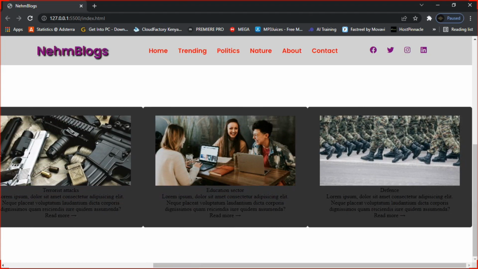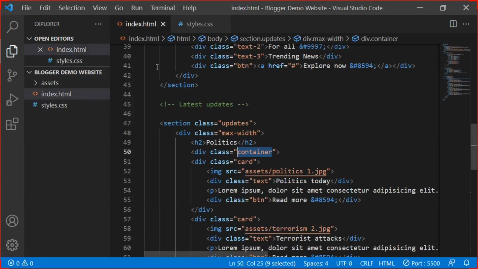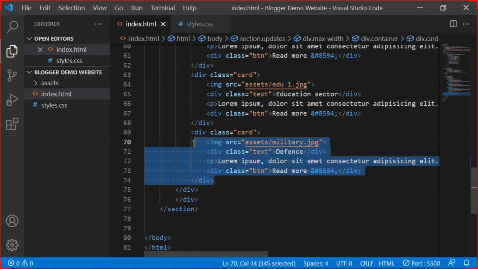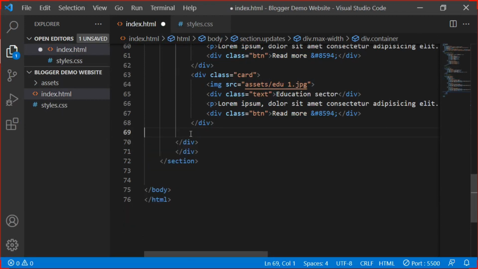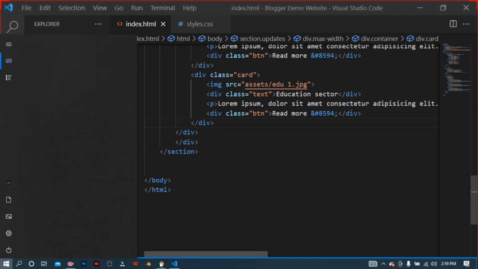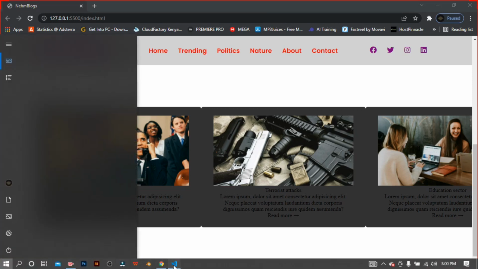So what I'm going to do, let me go to my text editor, and then to the HTML. Let me just remove this section, this part. Let me save, so that we may have only 3 parts, 3 sections. And so guys, you can see it's good, but now the width of these images, I need to resize it further, guys. So let me change the sizing in my CSS